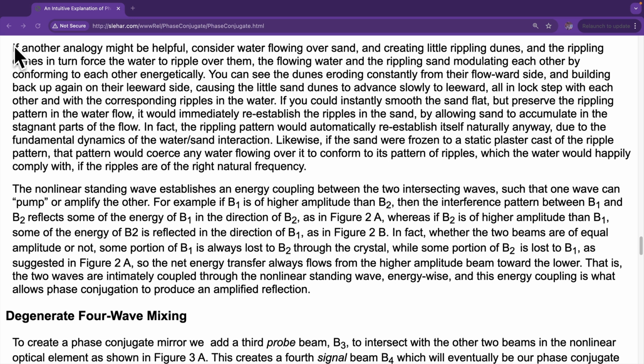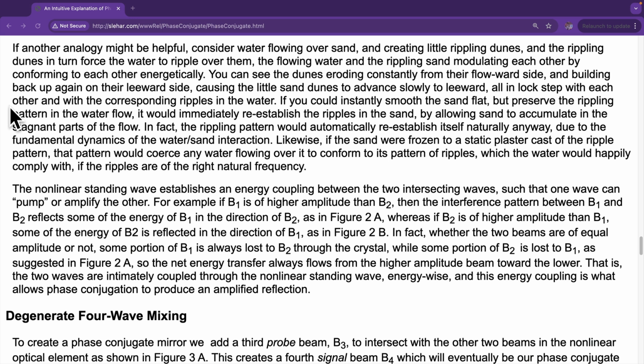If another analogy might be helpful, consider water flowing over sand and creating little rippling dunes, and the rippling dunes in turn force the water to ripple over them. The flowing water and the rippling sand modulate each other but conform to each other energetically. You can see the dunes eroding constantly from their flowward side and building back up again on their leeward side, causing the little sand dunes to advance slowly to leeward, all in lockstep with each other and with the corresponding